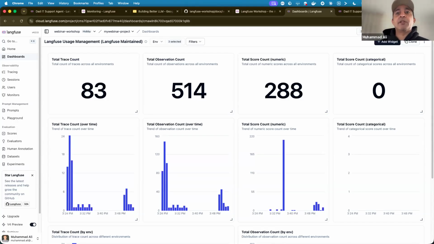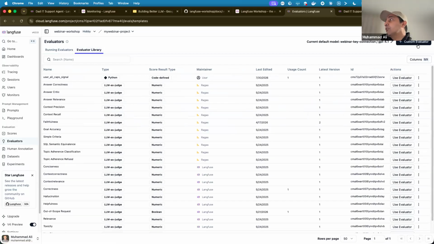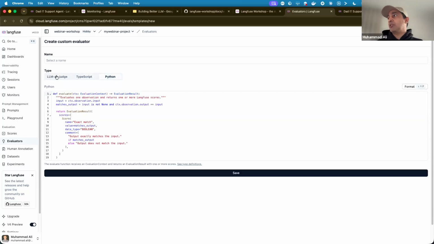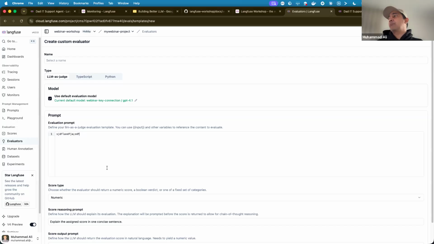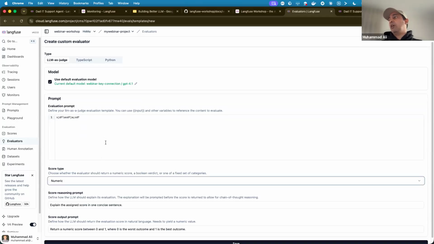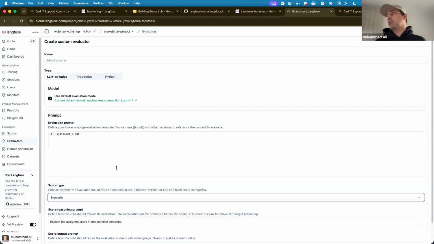Can we customize the evaluators for each case in the dataset? Technically, yes, you can customize. You can actually create your own evals. I probably should have shown you. Evals are out of the box, and you can create your own. You can put in your whole prompt yourself, or your TypeScript or your Python. You can give it to us, name it, and that becomes your custom eval. It can be numeric, Boolean, or categorical. And whenever you want to run it on an observation or experiment, it's up to you, right? So yes, you can customize these evals.